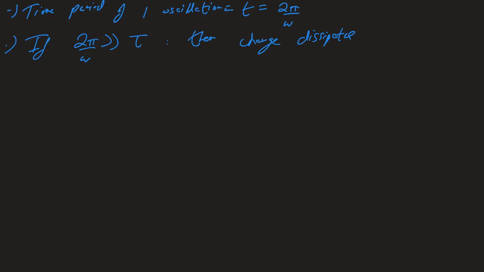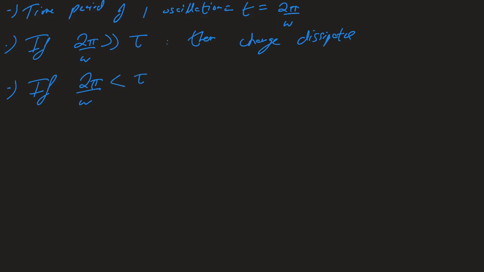So if 2 pi by omega is much slower than the characteristic time, which is really fast in a really good conductor, then all the free charge flows away very quickly and neutralizes. But on the other hand, if 2 pi by omega is less than tau,